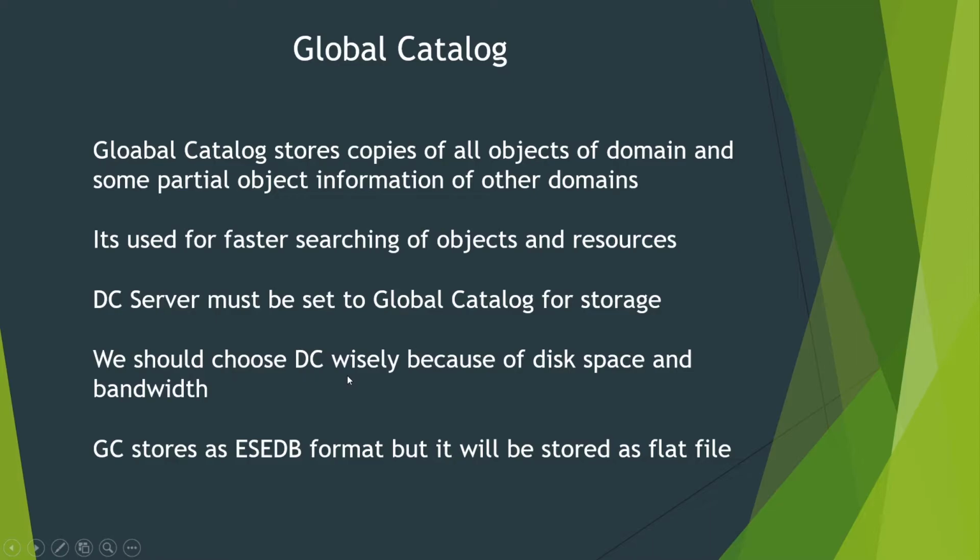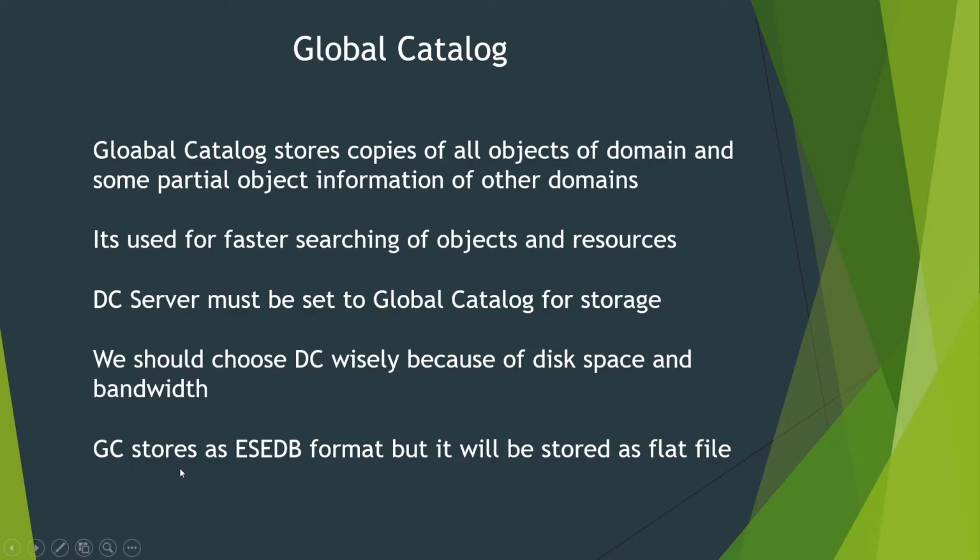And we should choose the domain controller wisely because of disk space and bandwidth. This global catalog takes some size, and if you want to replicate this catalog onto a domain controller, then it takes disk space and bandwidth. So we should choose the domain controller wisely. But in 2020, as of the recording of this video, disk space and bandwidth are very cheap. We can even get a 1 TB hard disk and good bandwidth at a cheaper price. So we need not worry about disk space and bandwidth. But you don't need to replicate this global catalog on all the domain controllers. At least maintain the minimum amount or a good amount.